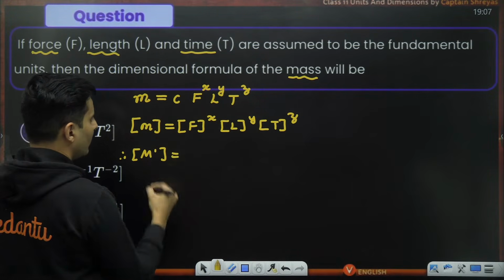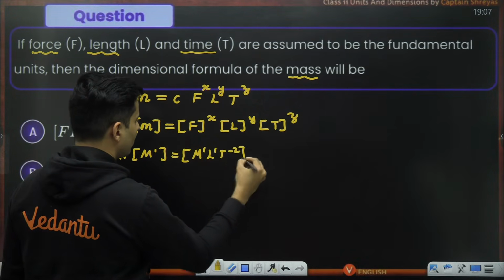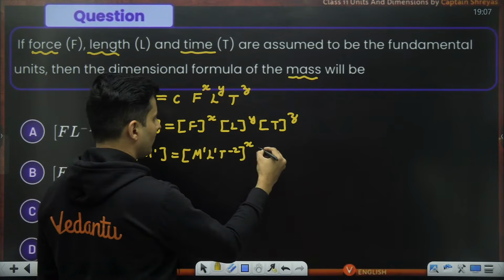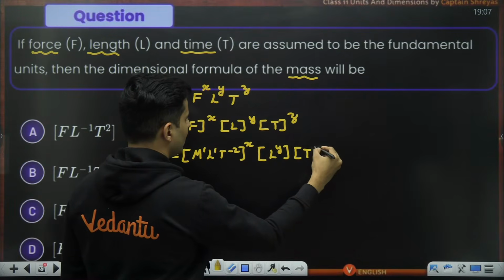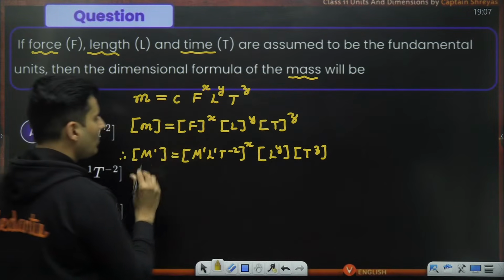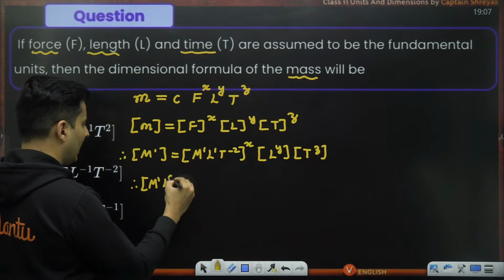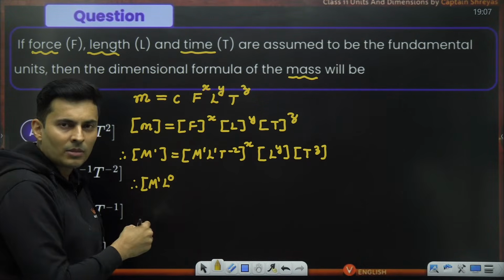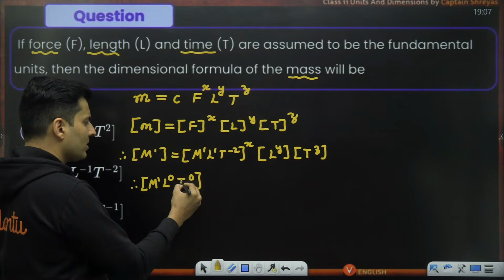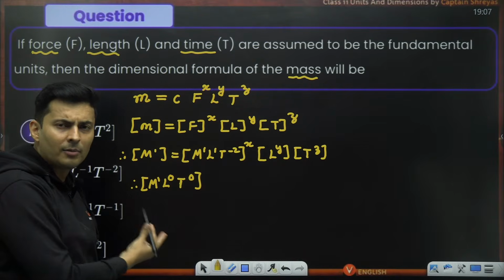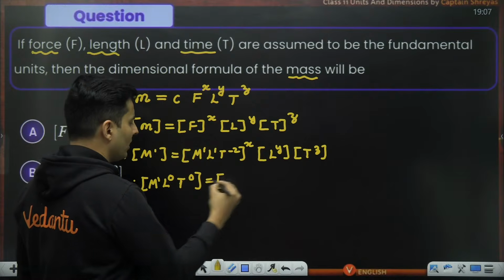Force, we have been doing it, is M raised to 1, L raised to 1, T raised to minus 2. Mass into acceleration, the whole thing raised to x. This is just length, so length raised to y. And this is just time, so T raised to z. Technically speaking, only the mass power is there, but for length and time I can deliberately write the power as 0, because anything raised to 0 is 1. So it doesn't harm us in any way. It's perfectly fine, and it will look good for comparison.